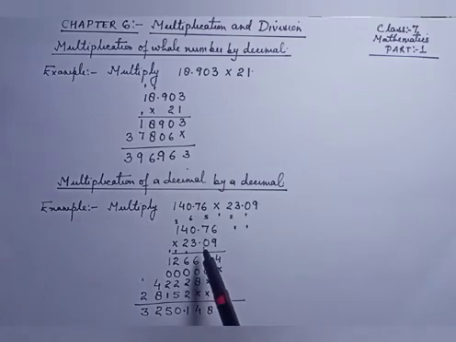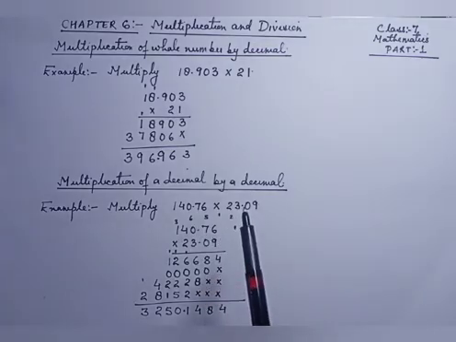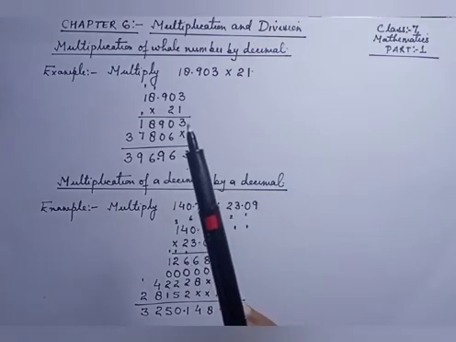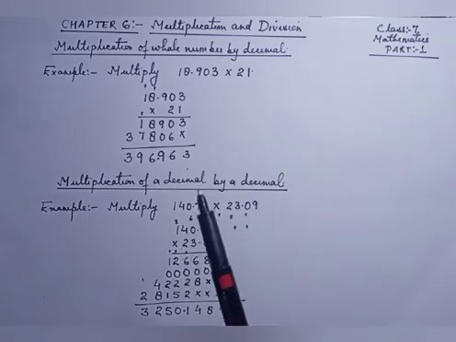After this, what you have to do is count the number of decimal places: 1, 2, 3, 4. So starting from the last number, you are going to put the decimal like 1, 2, 3 and 4. So before 1 you are going to place the decimal. This is how you are going to do the multiplication of two decimal numbers. I hope both the multiplications are very much clear to everyone.